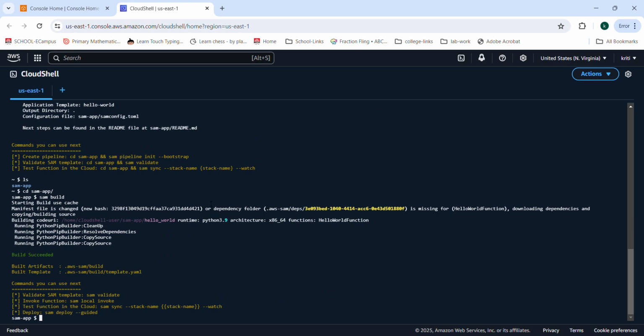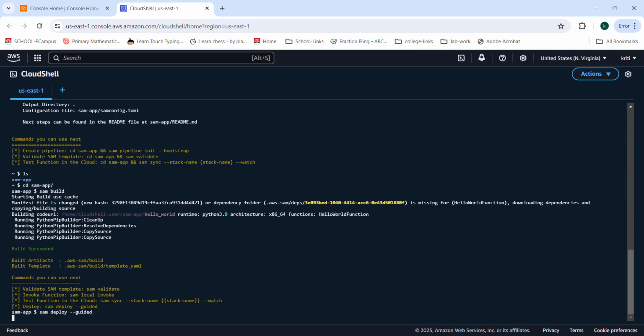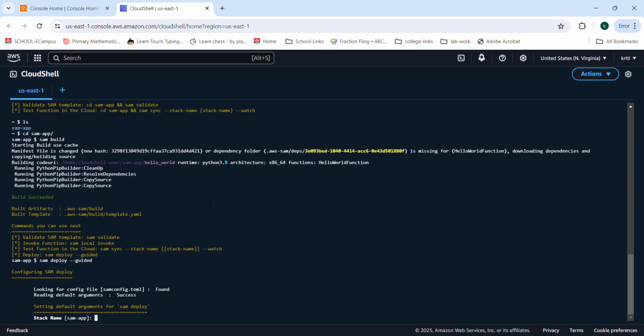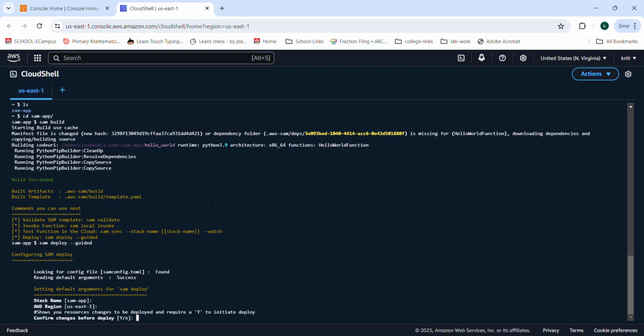So now we'll be deploying it. sam deploy --guided. Then you need to press enter for the stack name. Same with the AWS region.